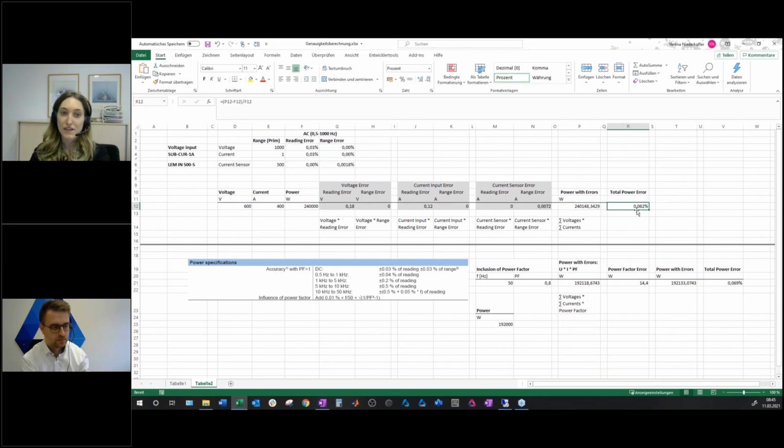And here we can then just calculate the total power error, which would be 0.062% at this certain point. So that is actually really easy. You can find all the specifications in the data sheets. The one thing to consider is that these calculations can be applied for a power factor of 1. If the power factor plays an important role, which you also need to consider in the calculations,